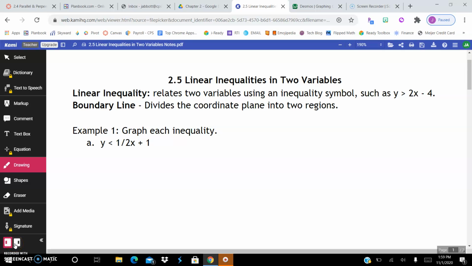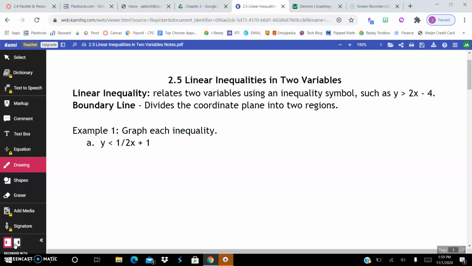We are going to take a look at linear inequalities today, and a linear inequality is something that relates two variables using an inequality symbol, such as y is greater than 2x minus 4. The boundary line is the line that divides the coordinate plane into two regions, one that's going to be shaded that includes the answers to our inequality, and one that will be not shaded that are not solutions to our